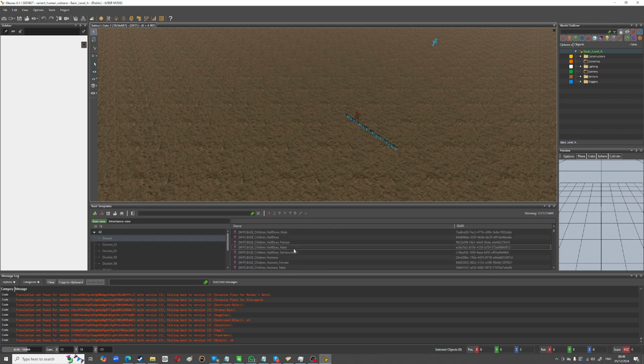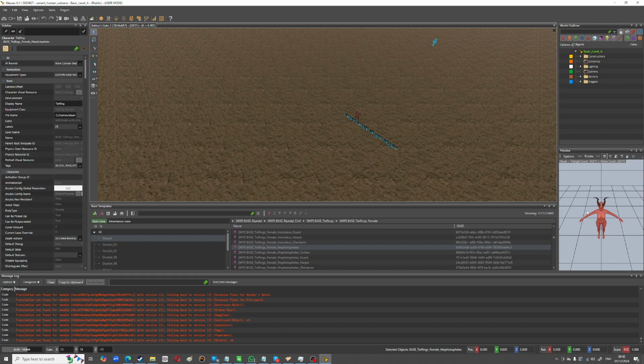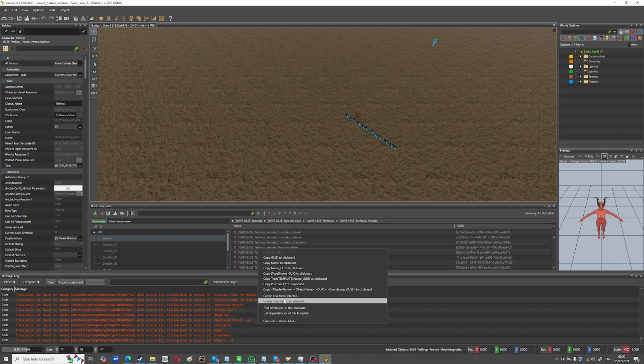You could find something like a tiefling, female, Mephistopheles, something like this, and you'll notice that comes up there. You right click it and create new from selected,